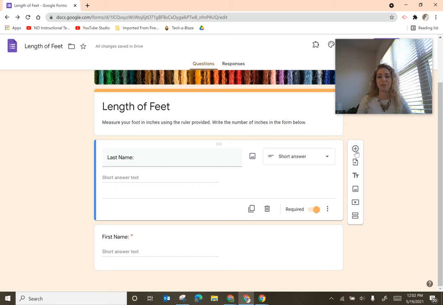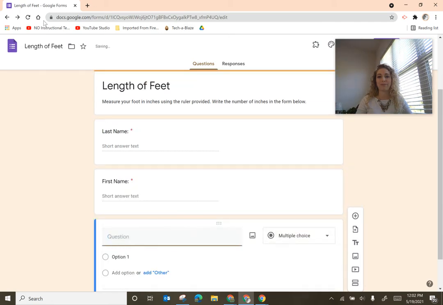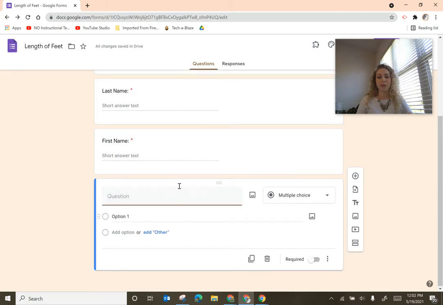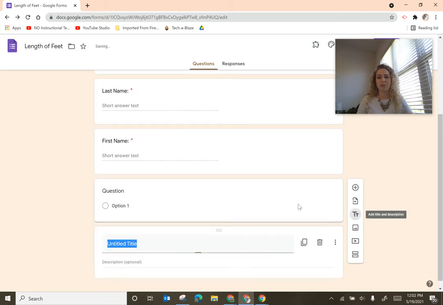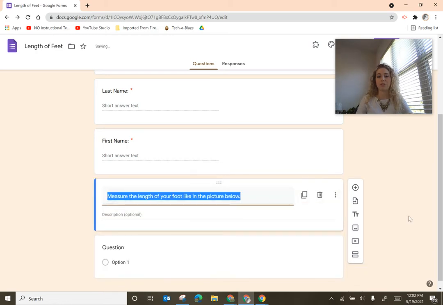Now I want them to, and I'm actually going to put in a text box. I want you to measure the length of your foot like in the picture below. I want to make sure to give some direction so that everyone's measuring their foot correctly, and then